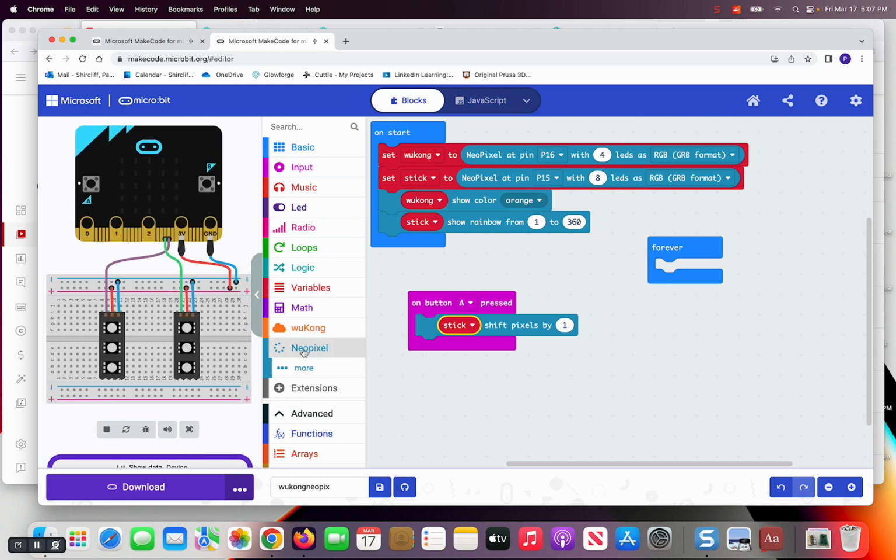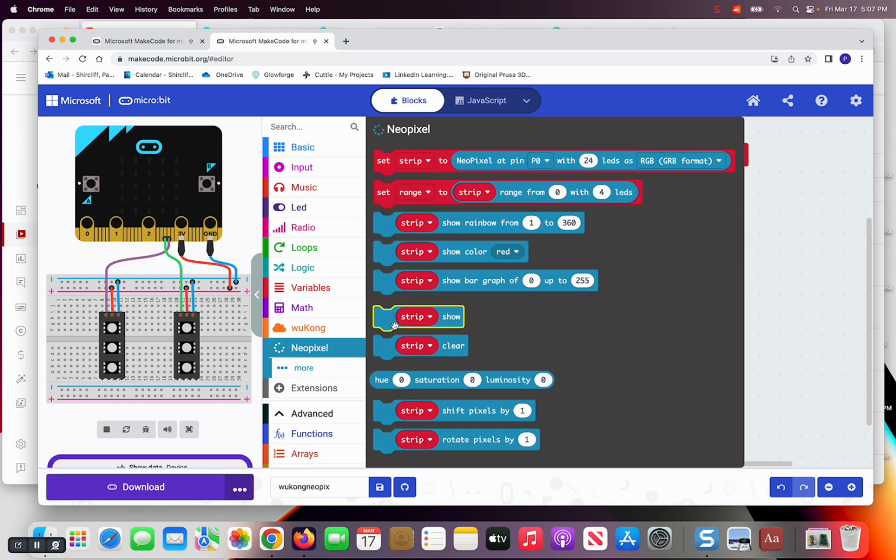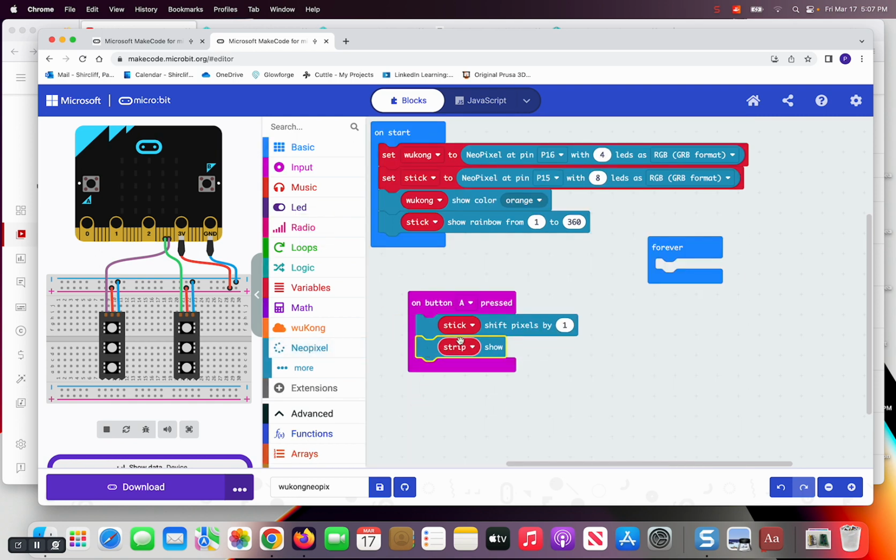Yeah, let's do that. But remember, show is important. And knowing your variable, show stick. So shift pixel by 1, show it. Let's see if that actually does something. What I'm hoping is that the red moves 1. That's my